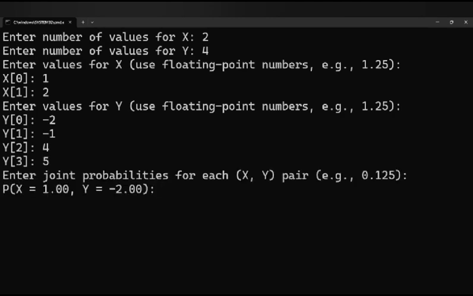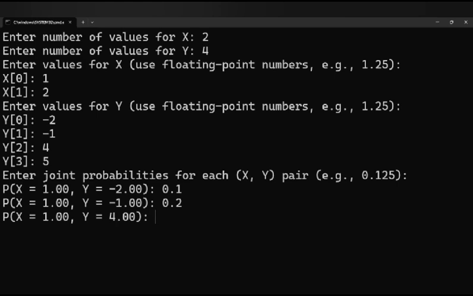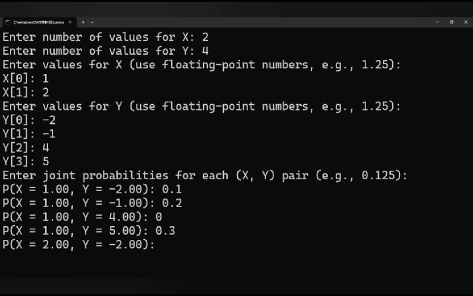Enter the joint probabilities for each x and y pair. P of x is equal to 1, y is equal to minus 2, I entered 0.1, and P of x is equal to 1, y is equal to minus 1, I entered 0.2, and P of x is equal to 1 and y is equal to 4, I entered 0, and P of x is equal to 1, y is equal to 5, I entered 0.3. And next it takes the P of x is equal to 2 and y is equal to